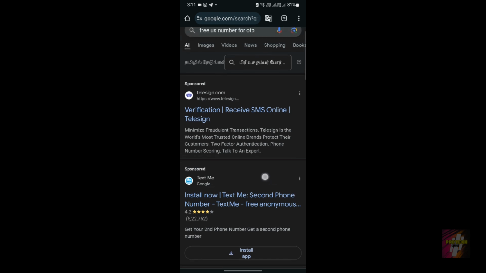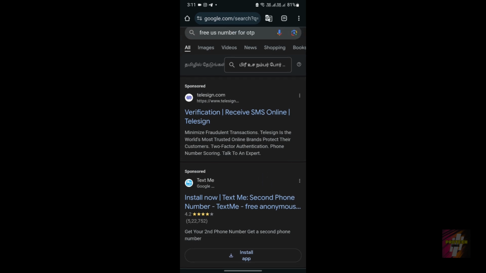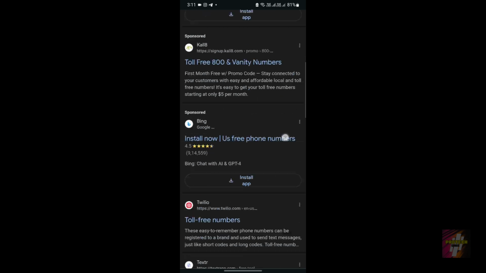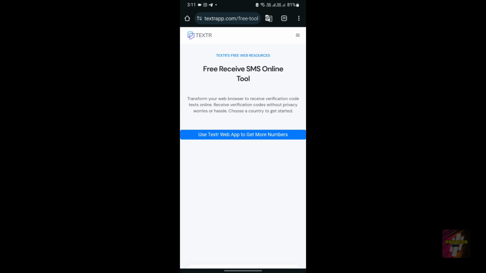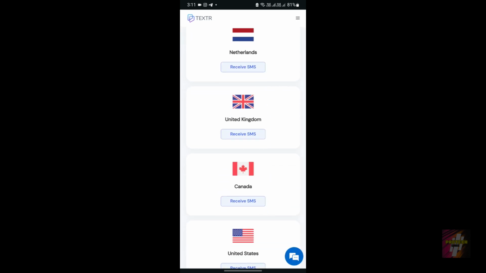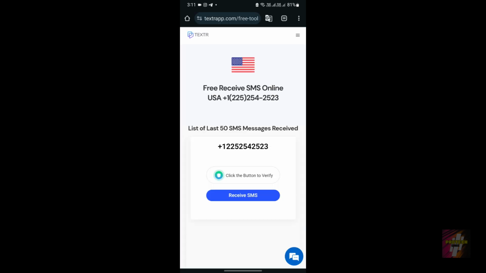Well, the first method is to go to Google and search for free US number for OTP. There are a lot of websites which provide you a free number such as this. Just remember, this is not a promotion for any site, but say I'm going to use a USA number. When I sign up for WhatsApp, I would get an OTP, right? I just enter this number, and when I receive an OTP,